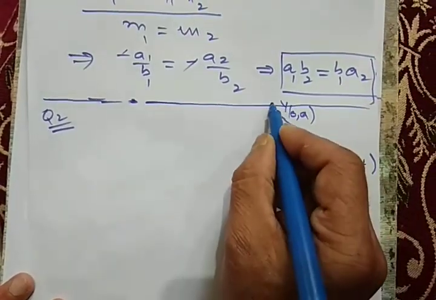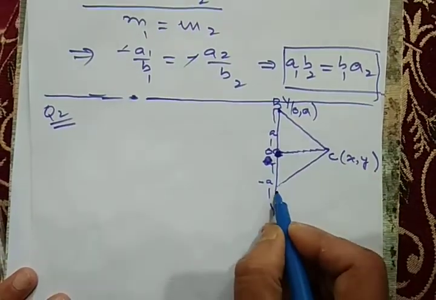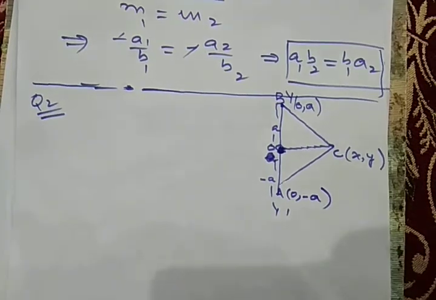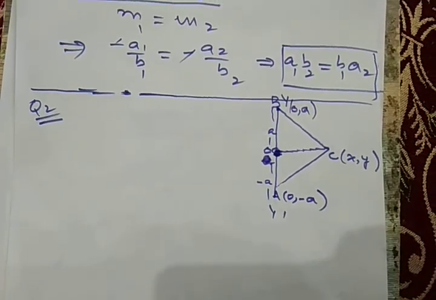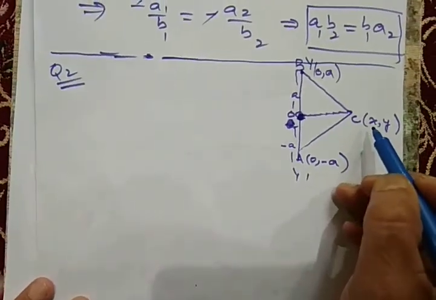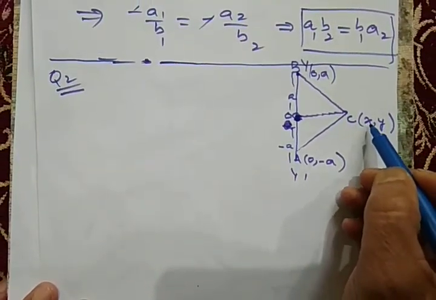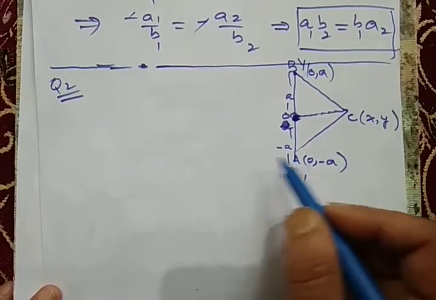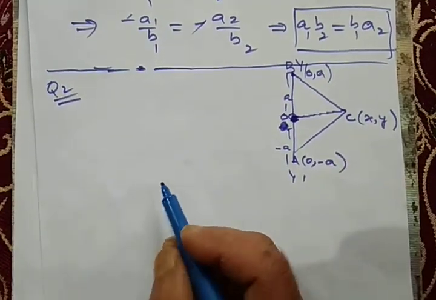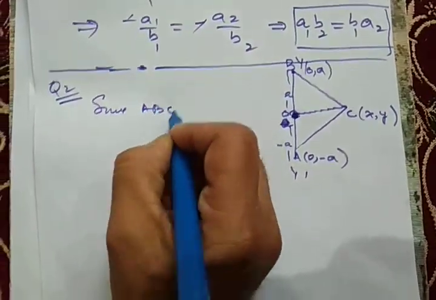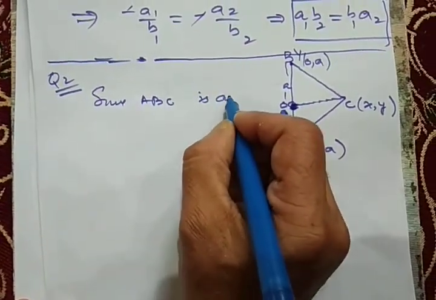Suppose it is b, and if you take this as a, this will be 0 minus a. So we have seen that the coordinates are this. The questioner says find the vertices of the triangle. Actually, the c coordinate is known, obviously the y coordinate will be 0, but the x coordinate is not known, we will find it. This is given to be, and since ABC is an equilateral